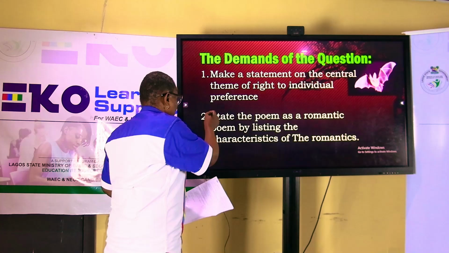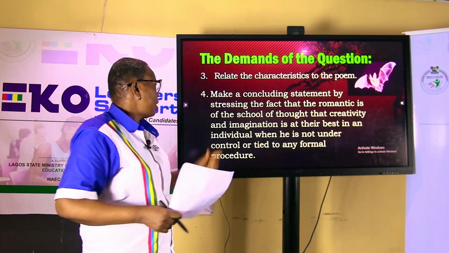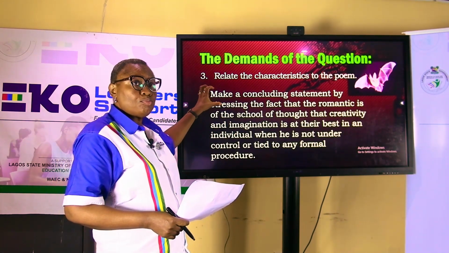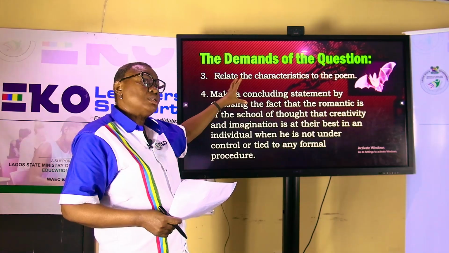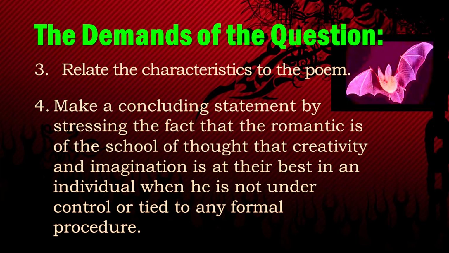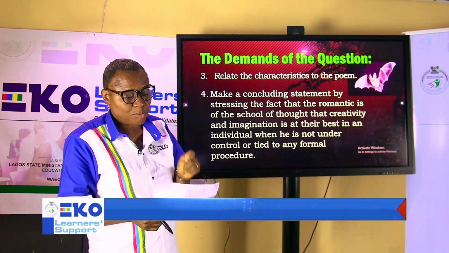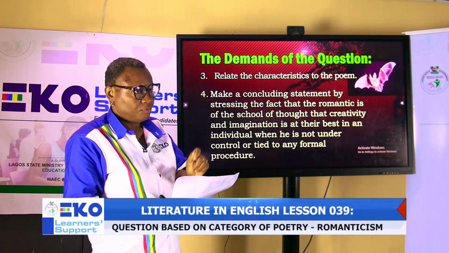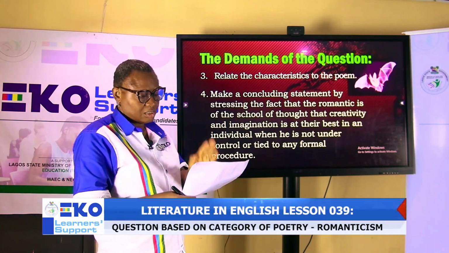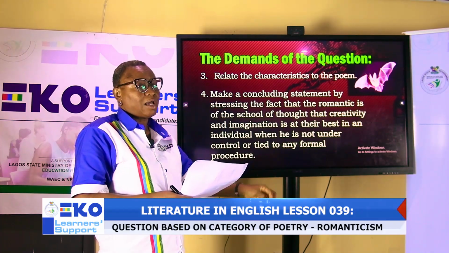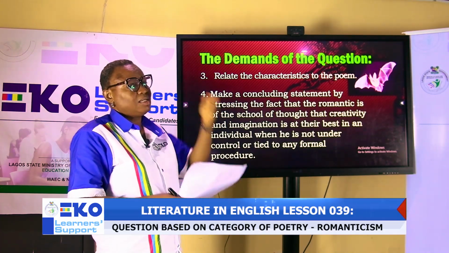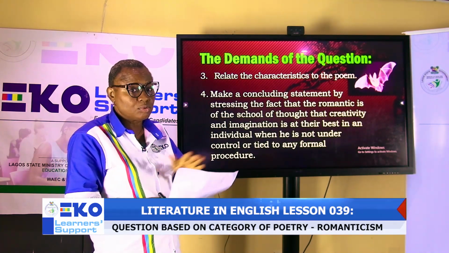That will help you to be able to begin to bring them out with examples from the text. Number 3, you relate the characteristics to the poem. You now begin to relate it. You pick one, relate it to the poem. Another paragraph, pick another characteristic, relate it to the poem with ample